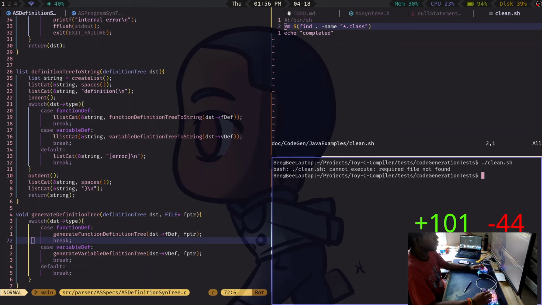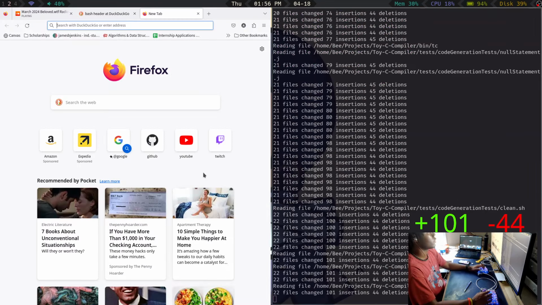Cannot execute, required file not found. I've never got this before.